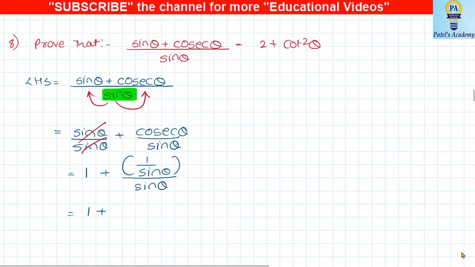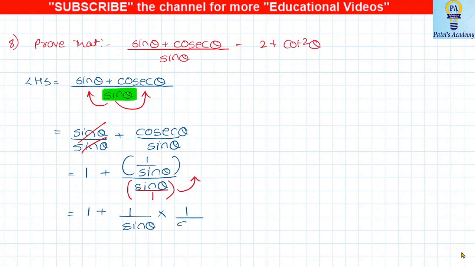Now just have a look at the previous step, students. Okay. Now see the denominator. In the previous step, see the denominator. What is the denominator? Sin theta. Now just for your understanding, can I write down sin theta as sin theta upon 1? And then I will shift the term up. Okay. Yes, this is just for your understanding, students. Now when I shift sin theta upon 1 in the numerator, what I'll get? 1 upon sin theta. Okay. It will be the reciprocal. So how we got the reciprocal? For that I just showed you the upper step.